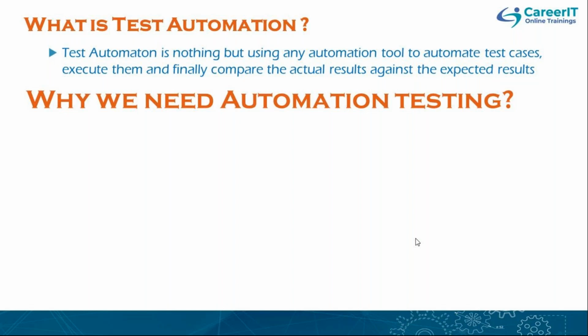The same thing when it comes to test automation: we perform the same validation and verification by using any one of the automation tools available in the market. So test automation is nothing but using an automation tool to automate the available test cases, which are the test scenarios, then executing or running them, and finally, the ultimate goal is to compare the results, that is, actual results versus expected results. That's what we do under test automation, guys.